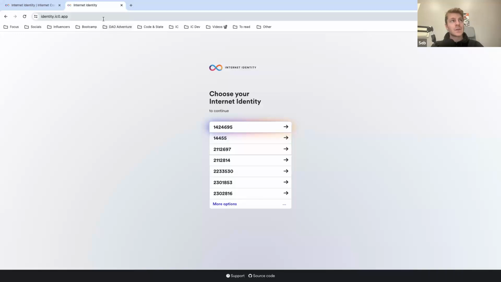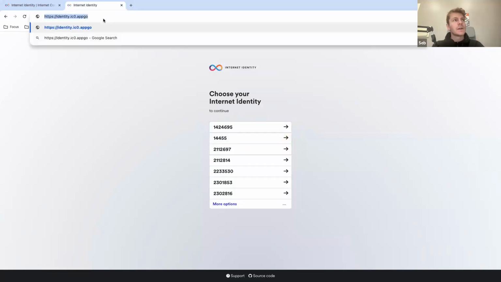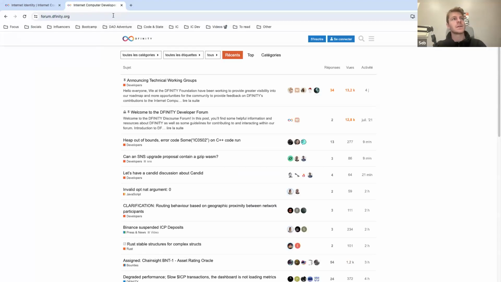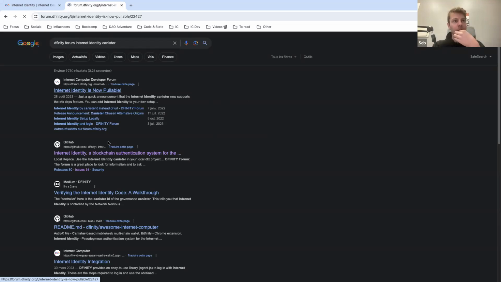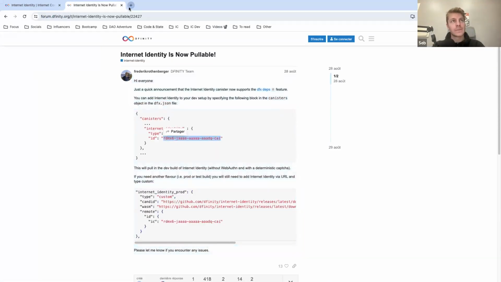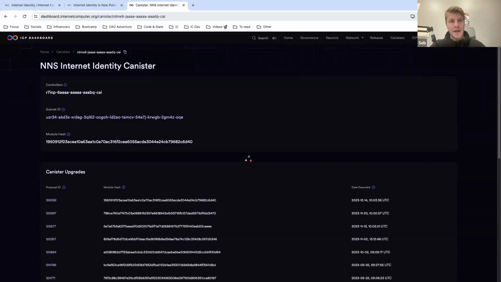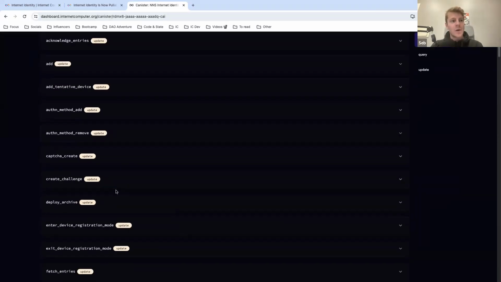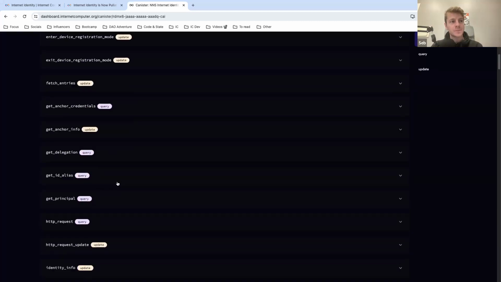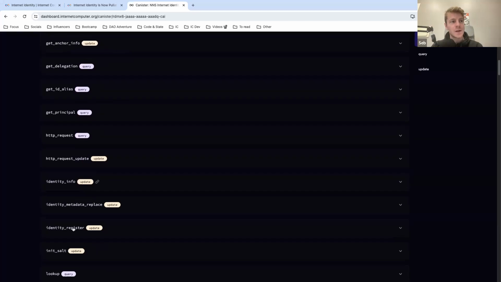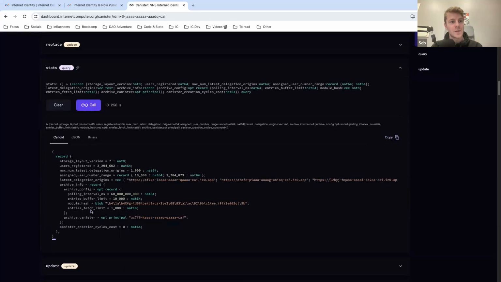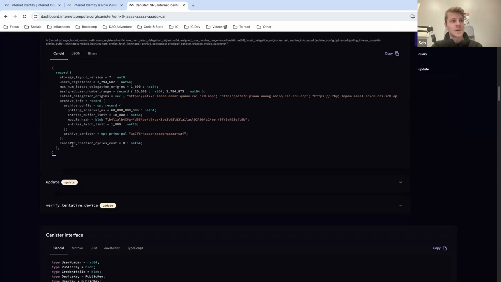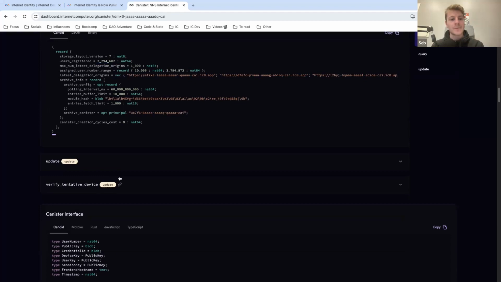So Internet Identity is actually a canister, and we can maybe look at one of our canisters. We can take a look at the actual interface of it. There are quite a few methods that we can take a look at. We can see get principal, HTTP requests, lookup, delegation, register, stats. I guess stats returns the number of registered users. And so, yeah, it would be great to have a Motoko Bootcamp cycle faucet or to integrate directly with the